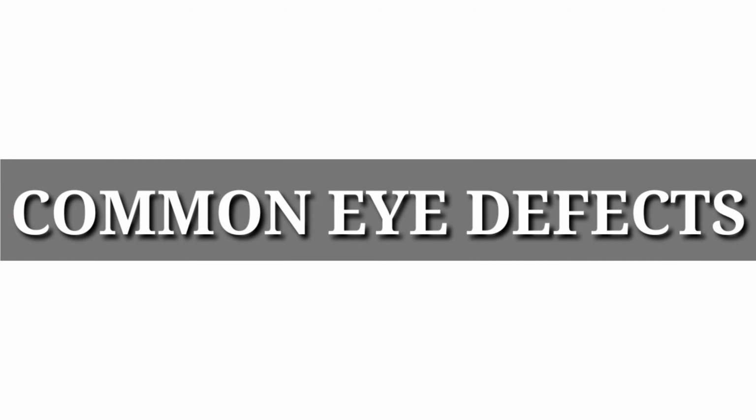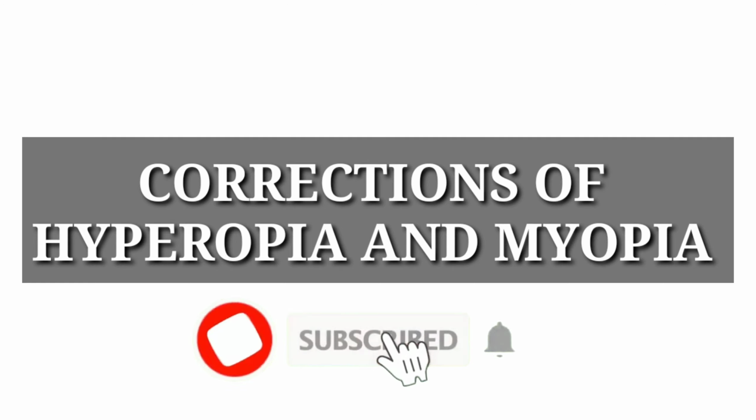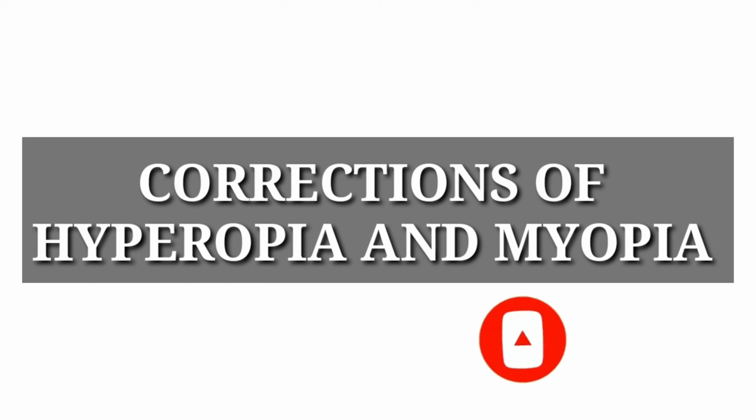Let us see the diagram of the common defects of the eye. In this there are two important diagrams, that of hyperopia and myopia. Mostly they don't ask us to draw the eye defects. This question comes as a 5-mark question in Section B. Usually they give you the defect and ask you to identify it, write its cause, and write its correction, and the last question is to draw its correction. I'll explain how to draw its correction. We'll also see how to draw the defects.